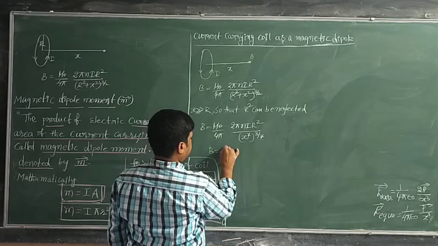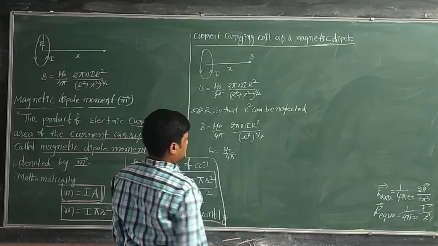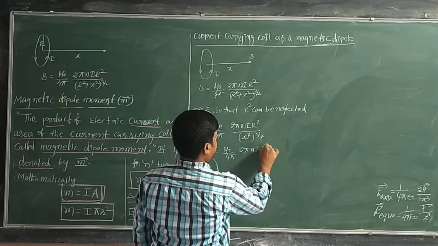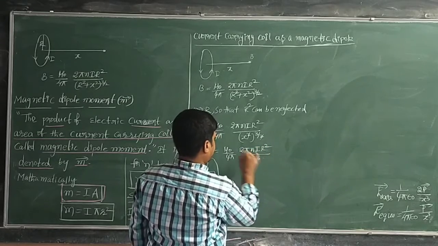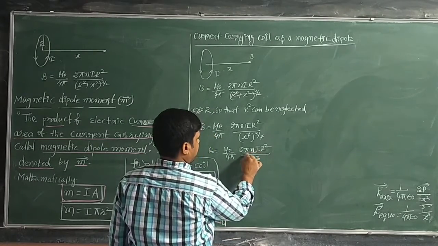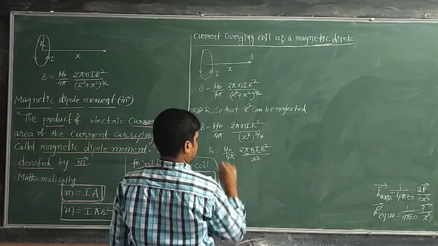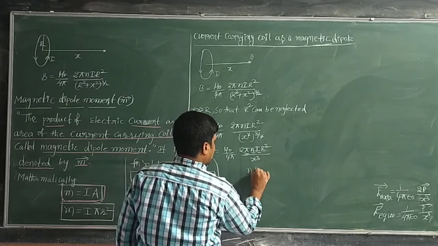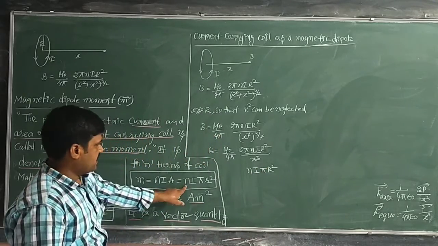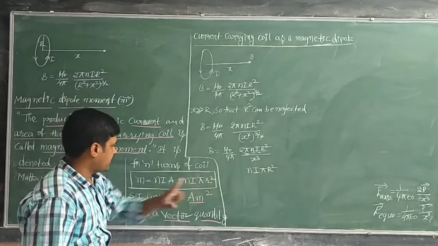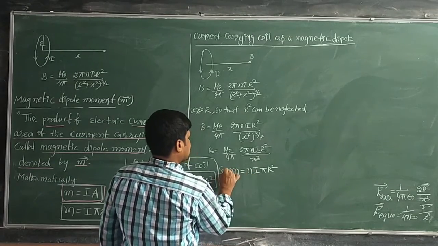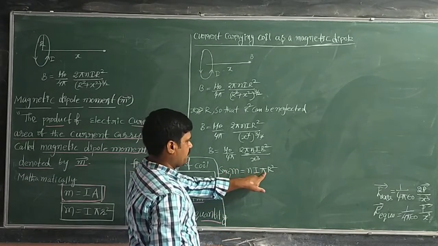So B is equal to mu naught by 4 pi into 2 pi n I r square divided by x cube. But here you just see this n I pi r square. Somewhere we have seen this expression. n I pi r square is equivalent to the magnetic dipole moment. So, since m equals n I pi r square,